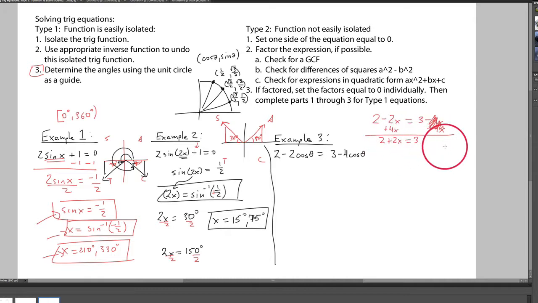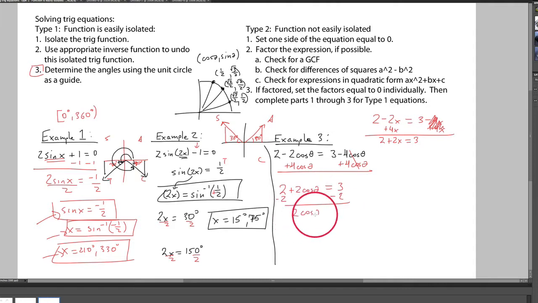Now I can start moving things away from it. So in the same light, I'm going to add 4 cosines to both sides here. I mean, they're both already like terms, so why not get them off of one side? And what we get left here is 2 plus 2 cosine, not sine, cosine of theta equals 3. So from here we could do some other things, like I suppose we could subtract our 2 over to the right-hand side. If we subtract 2 from the right-hand side, we're further isolating our cosine value here, but we get 1 on the right, and then dividing by 2 on both sides here, we get a fairly